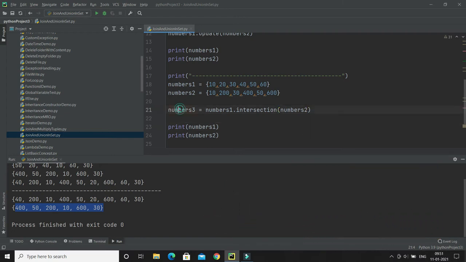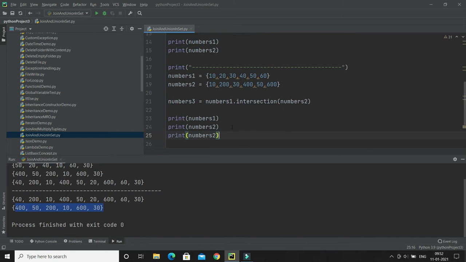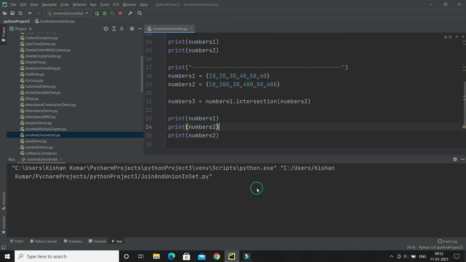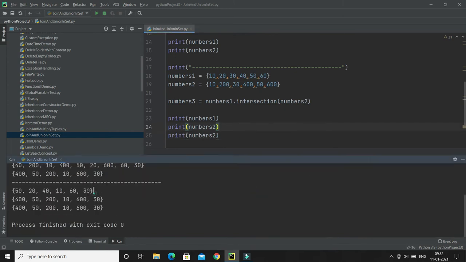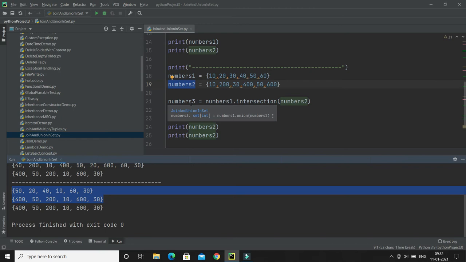I'm trying to get the intersection, meaning the common elements between these two sets, and this operation will return a new set which contains the result. I can print the same here. Let me show you. If I run it, first I'm printing numbers1, then numbers2 as it is, and then I'm trying to print numbers3.